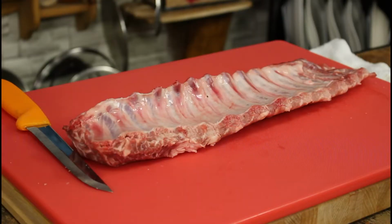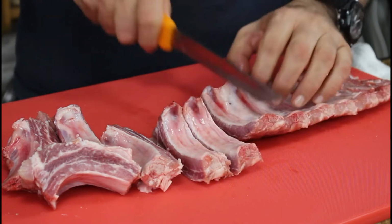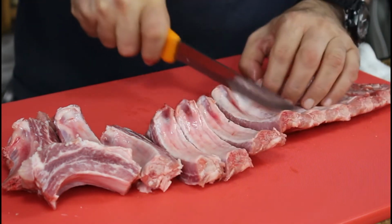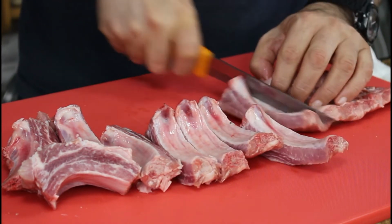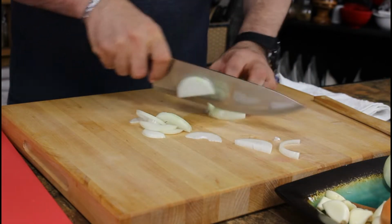Baby back pork ribs. Usually we see it on the barbecue or in the oven or in the deep fryer, but today is going to be completely different. Today we're making a stew with it, and I'm gonna cook it with the white kidney beans. So I'm gonna begin slicing the onion,